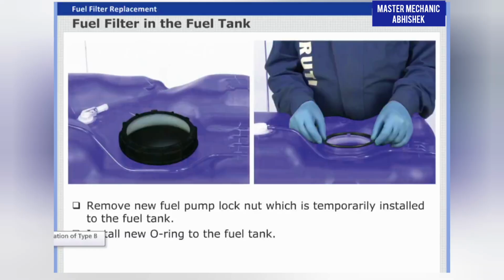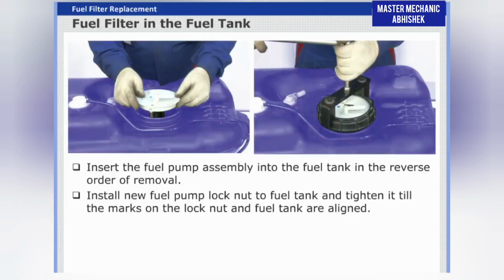removal. Remove new fuel pump lock nut which is temporarily installed to the fuel tank. Install new O-ring to the fuel tank. Insert the fuel pump assembly into the fuel tank in the reverse order of removal. Install new fuel pump lock nut to fuel tank and tighten it till the marks on the lock nut and